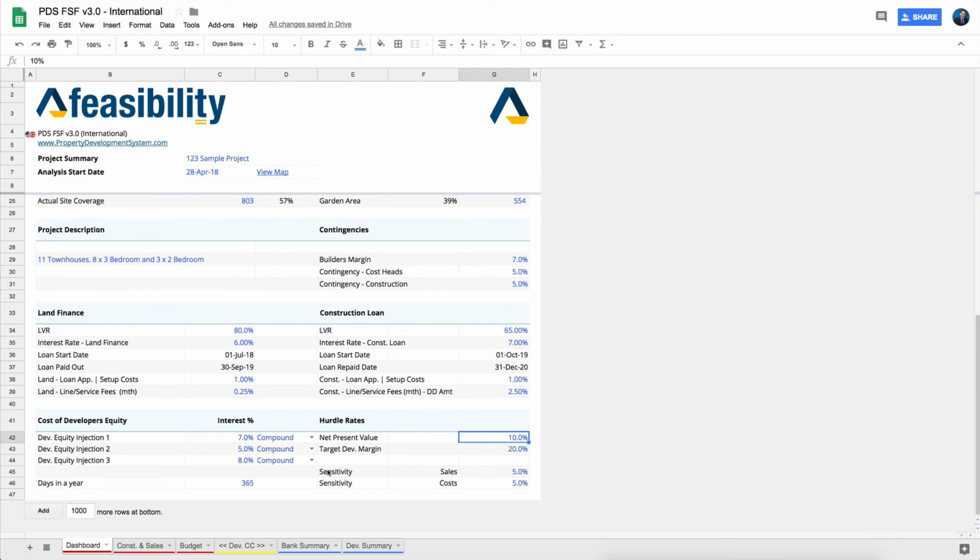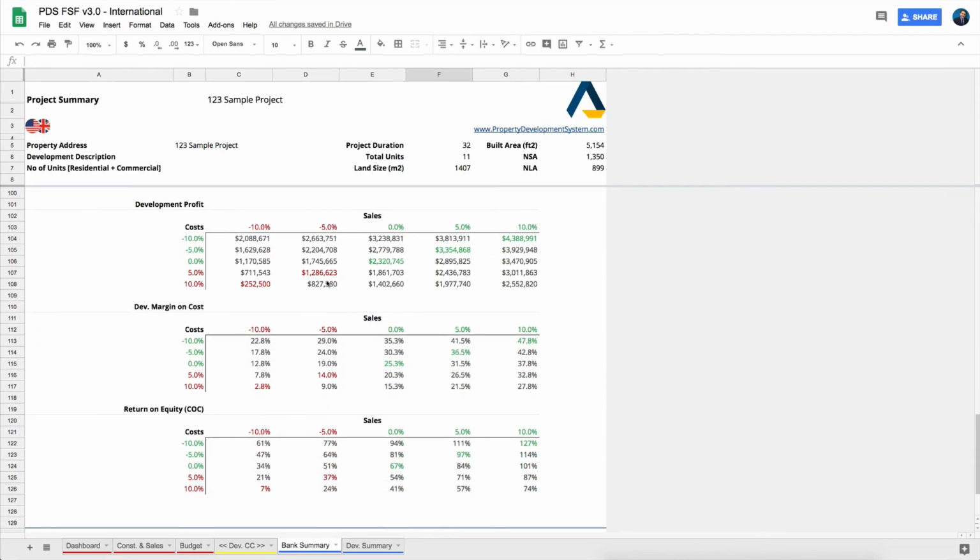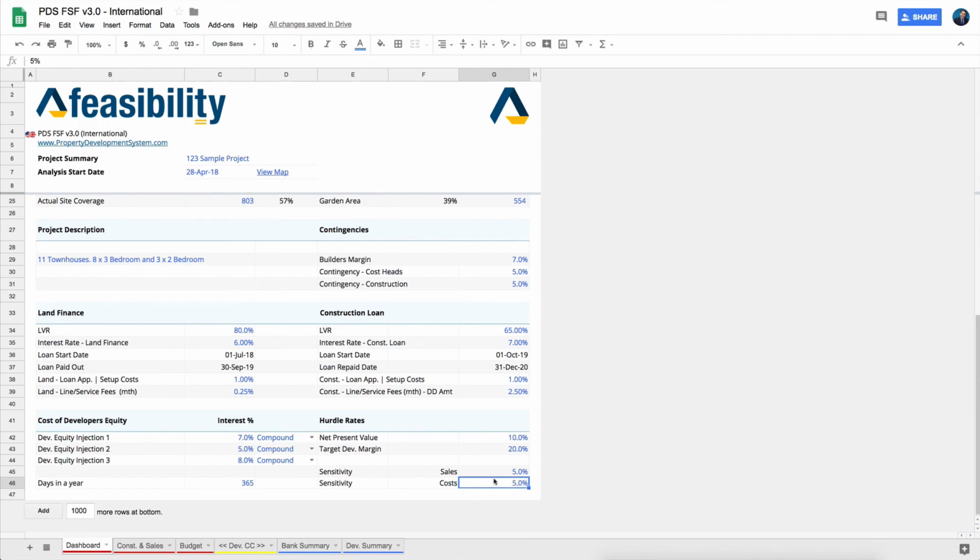Now, sensitivity is basically on the sales and on the costs. If you put in 5% here and 5% there, what you are saying is that when we do our sensitivity analysis right here, you are scaling up the cost and scaling down the sale value in increments of 5% or whatever value you put in over there. So if I make that cost to be 3%, for example,